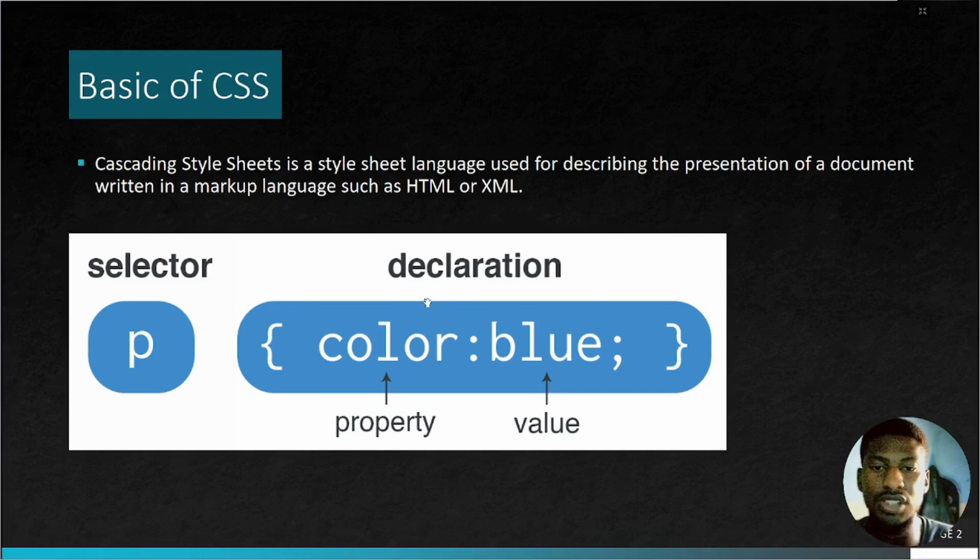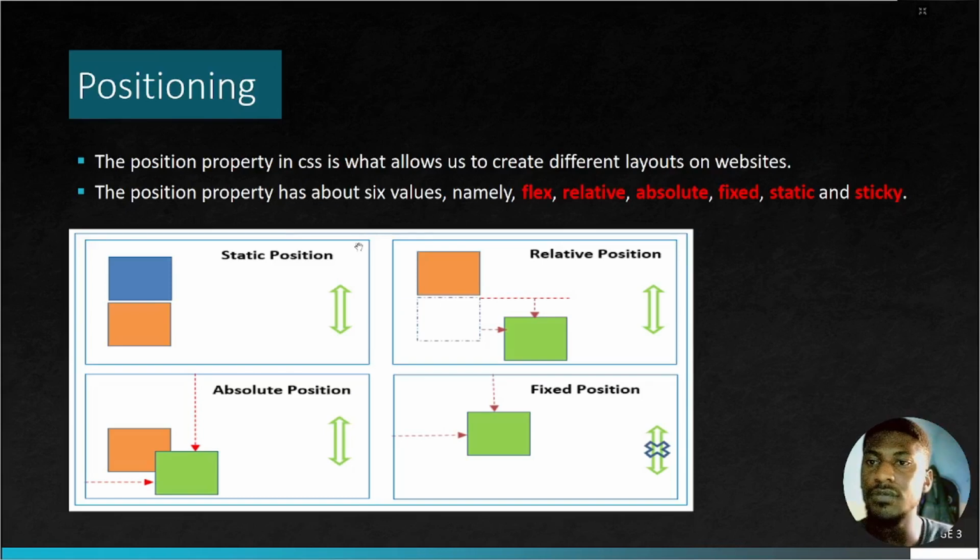So once you understand this, it's now a matter of understanding the different properties and values that you can apply to your different selectors. Okay, so this is what we are looking at today. We have a thing called positioning, right? So if you read here,